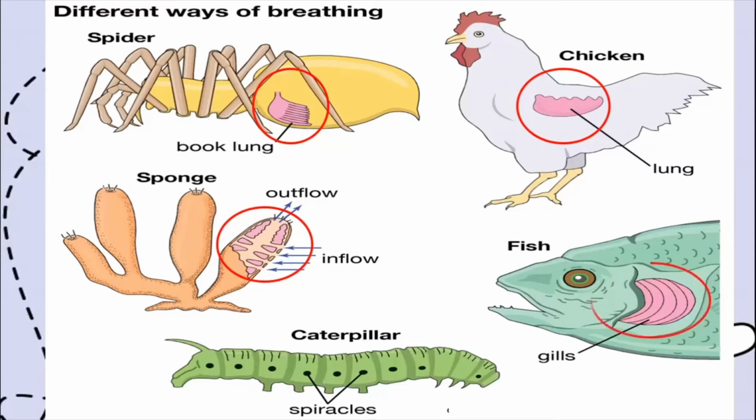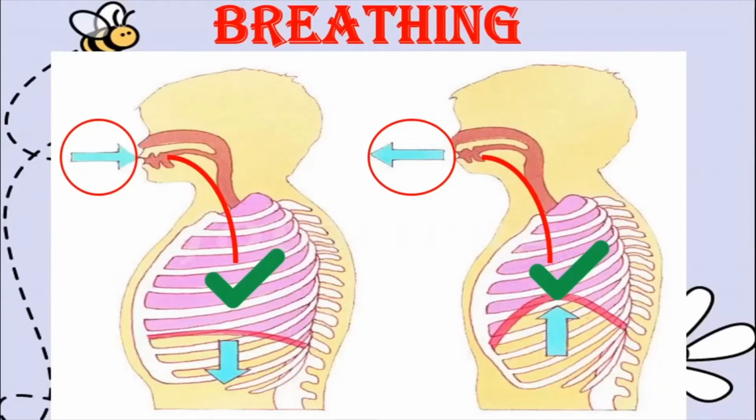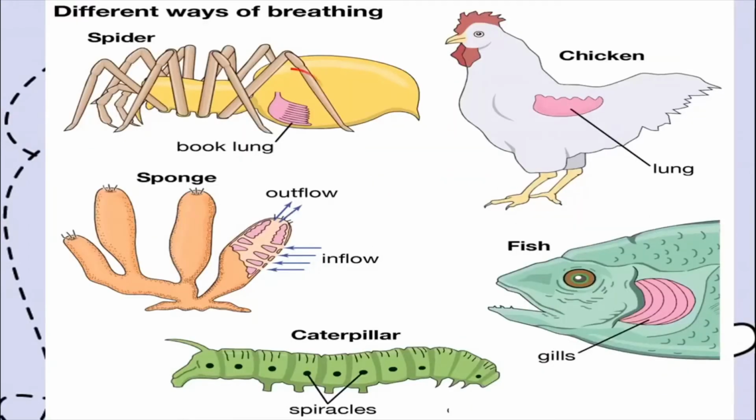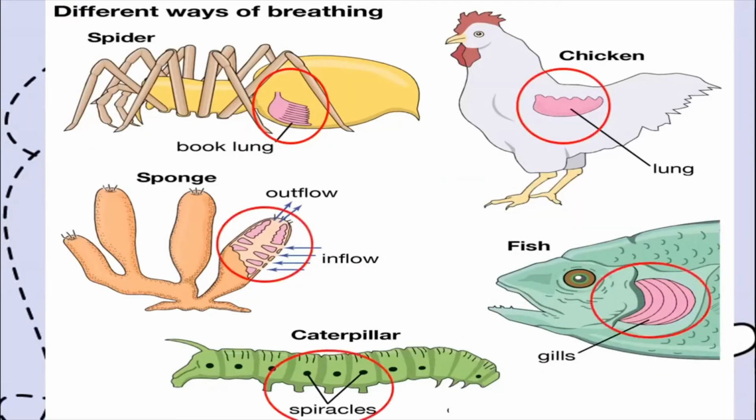Look at our fish here. The fish breathes using gills. And look at the caterpillar. The caterpillar has got a lot of holes on its body, which are called spiracles. So we do not have to learn the name of the caterpillar's breathing organ now. Okay, we will learn it later when we grow up. So different animals, they breathe in different ways. We human beings, what do we do? Let us see. Human beings make use of our noses and our lungs to breathe. Whereas all these other animals, they breathe in different ways.